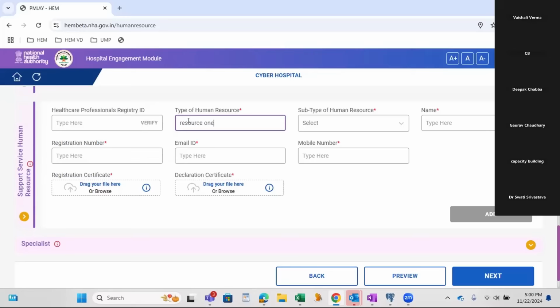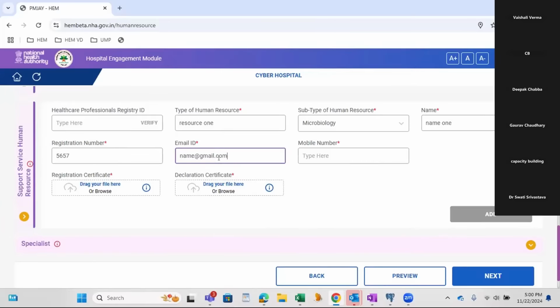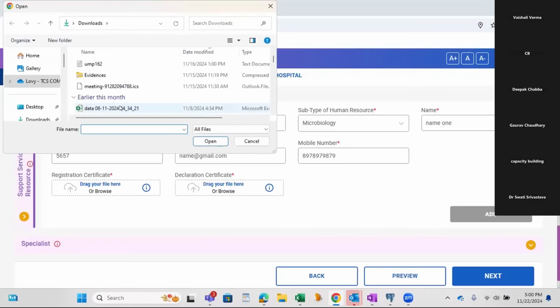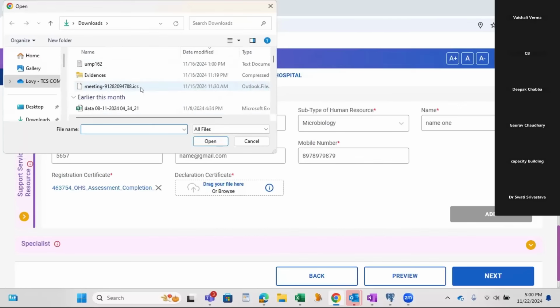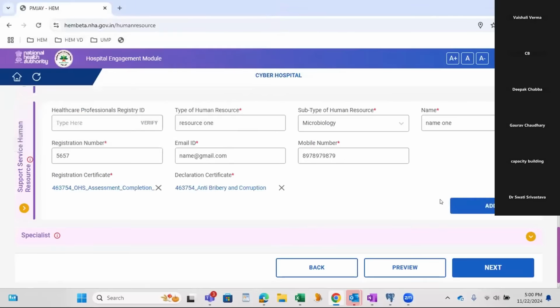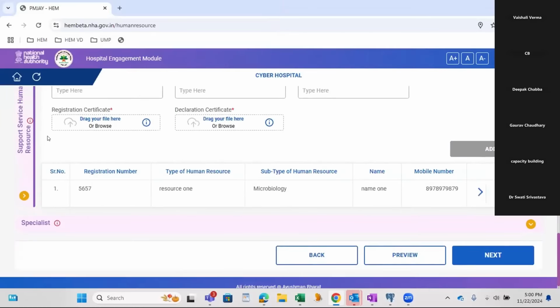Resource 1, microbiology. Making an entry for this support service human resource, data saved successfully.